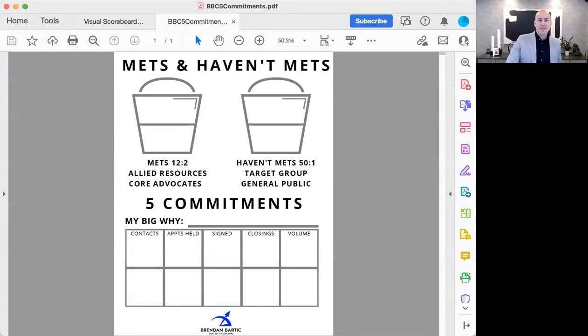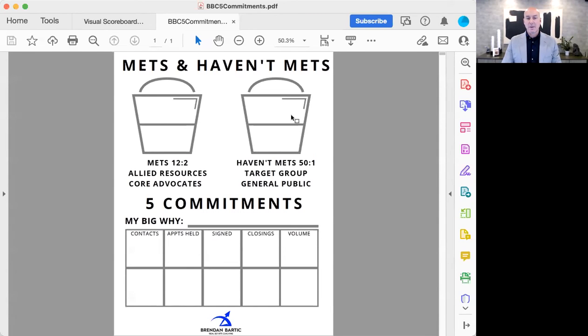All right, that's a visual scoreboard. On the bottom we laminate this piece of paper, and I have one here. It's nice and laminated, so you can write on it and then erase it and add things to it. So when we look at this visual scoreboard, and you're all more than welcome to use it,